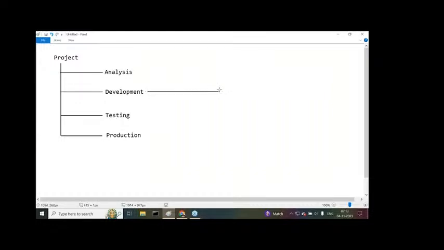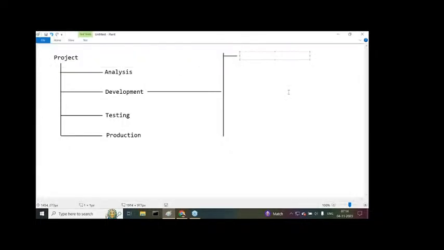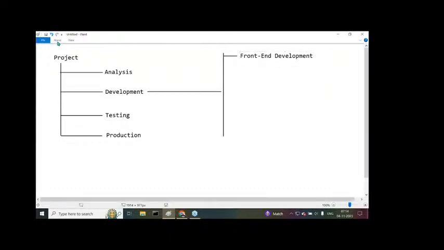If you observe this development part, three levels of development are going to happen. In the project overall, three types of developments are going to be available. What are the three types of developments? Observe carefully. The first one is front-end development. And next, after this front-end development, the second one is